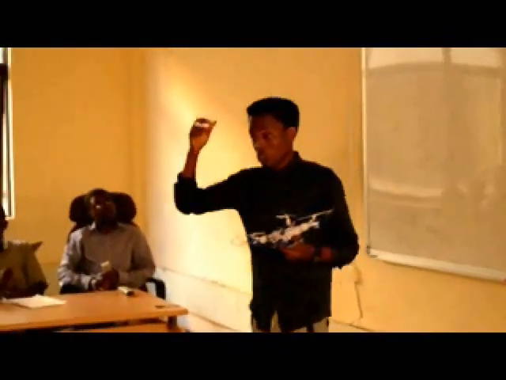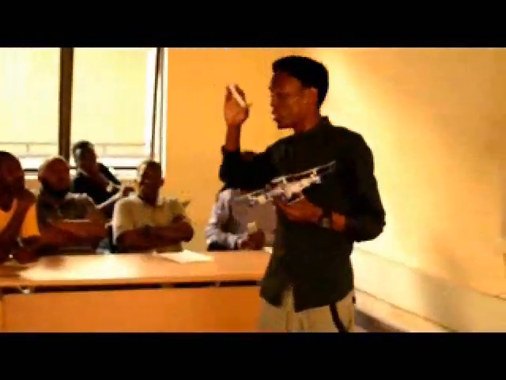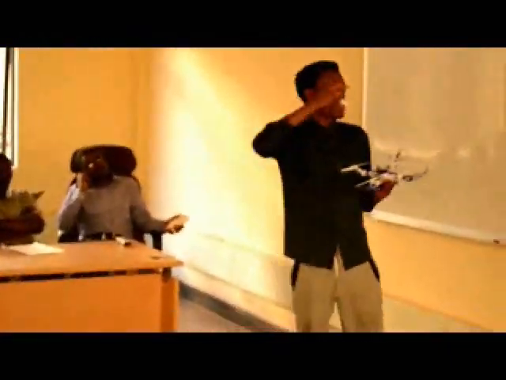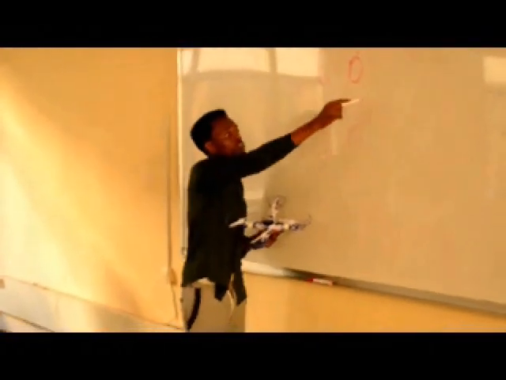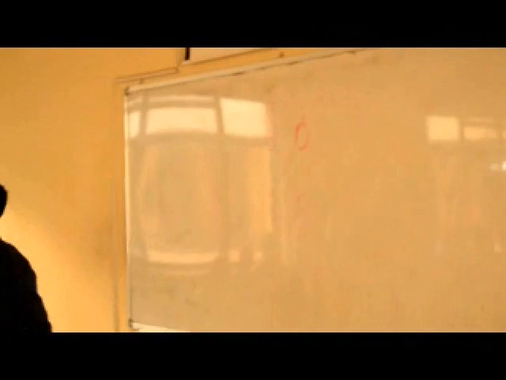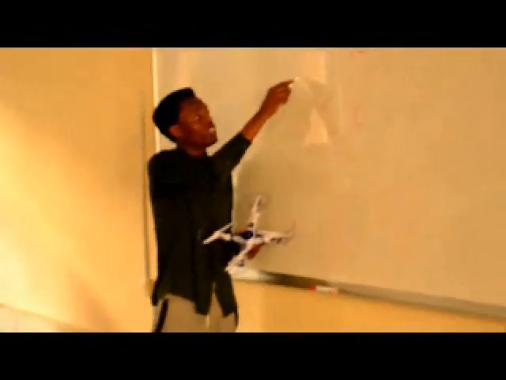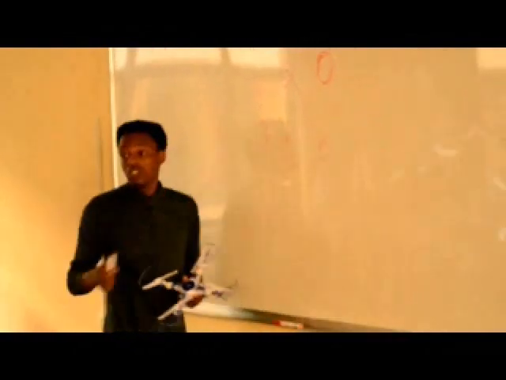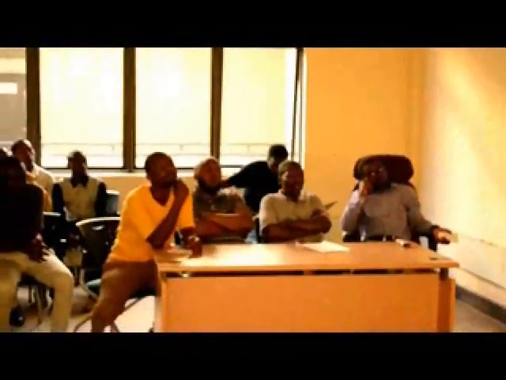So in order to come from up to down, we need to decrease the voltage on each motor. If on each motor at the top we have, for example, 11 volts, we need to decrease the value from 11 volts depending on the level of the ground. Automatically 11, 10, 9, 8, the drone can go downwards. So I can show you.